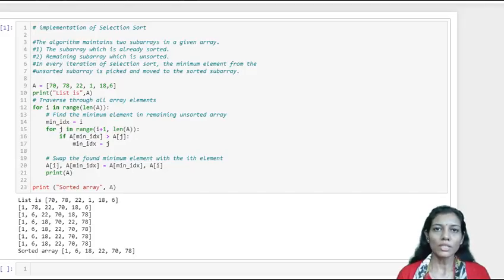So I hope you have understood the working of bubble sort, insertion sort and selection sort. As you know, bubble sort requires the maximum number of comparisons and swappings because it works on adjacent elements, while in the case of selection sort, only the swapping between two elements occurs at the end of each pass. That means the minimum element and the index value of the unsorted list.